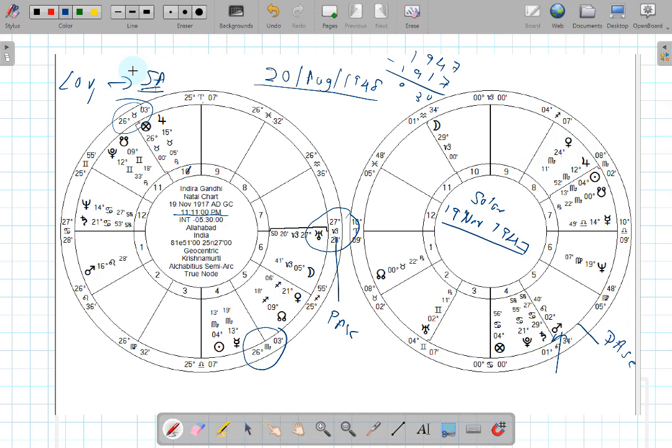So Venus roughly moves 1 degree per day. So in 5 days, Venus actually reaches 29 degrees of Scorpio and it trines Saturn. And what is Venus? As I said, Venus is the perfected fifth lord. So a benefic Venus, the perfected fifth lord, is trining the lord of the year, Saturn. So there is again a strong benefic fifth house connection.